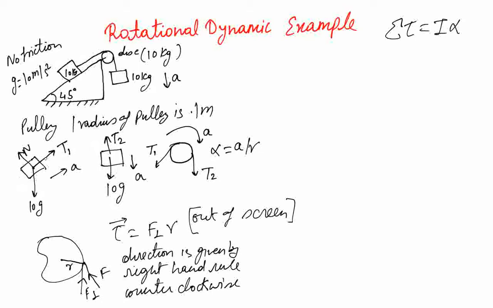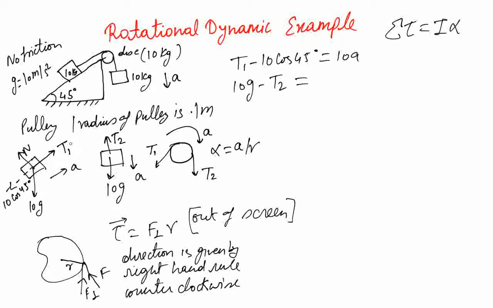Okay, let's write Newton's equation for this one. We already know that this force is going to be 10 cos 45. You can figure out how. We already have done this. And let's write Newton's equations for this one and this one. For this one we get T1 minus 10 cos 45 degrees equals 10A. For this one it's 10g minus T2 equals,